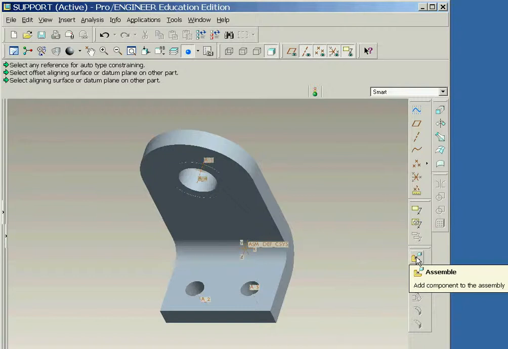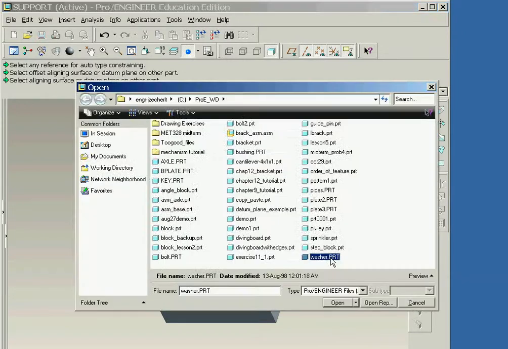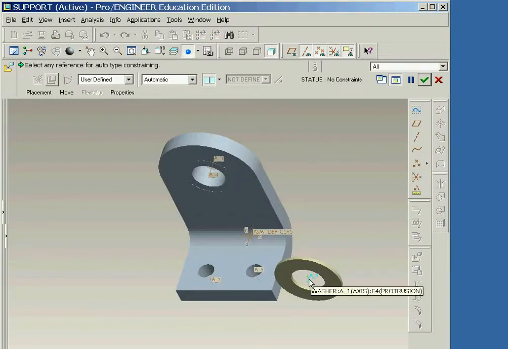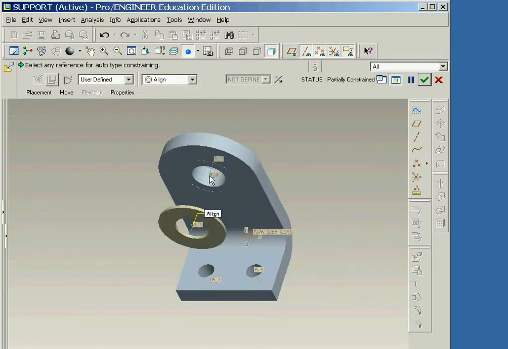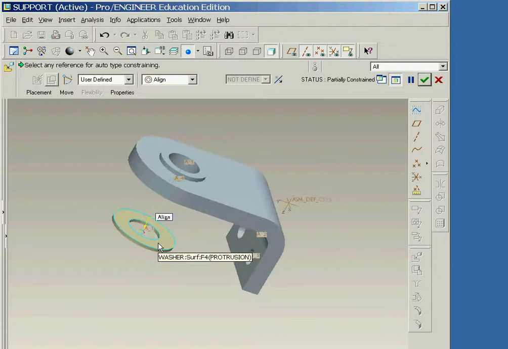To complete the subassembly, we'll now add a washer. We'll again start with the Add Component icon, followed by selecting the part file, Washer. We'll start by clicking on the axis of the washer, followed by clicking on the axis of the large hole in the L bracket. For the next constraint, we'll click on the inside flat face of the washer after rotating the display,